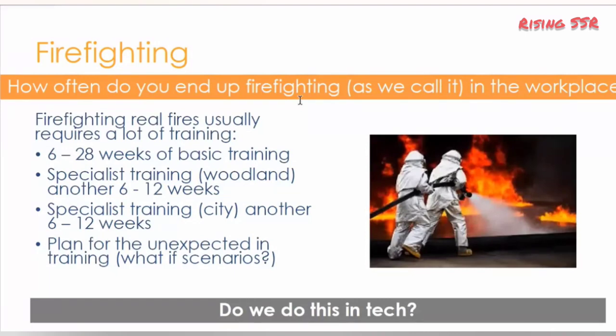Firefighting. I mean, we often end up in firefighting most of the times, especially after a go live or in the warranty phase, right? That is not new, but yes, we need to be prepared for firefighting. So from this slide, the importance or the analogy is